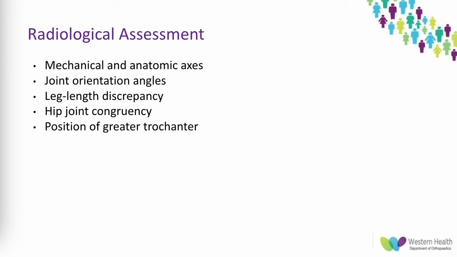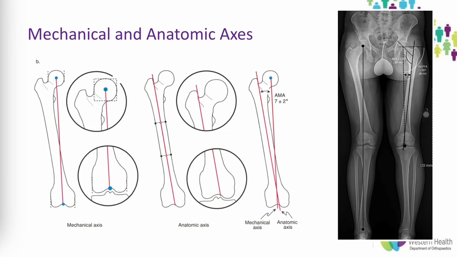These are some key aspects of your radiological assessment when planning a deformity correction. I'll first go through the mechanical and anatomical axes. So the mechanical axis is a straight line connecting the center of the joint above and below. In the case of the femur, this is the center of the femoral head to the center of the tibial